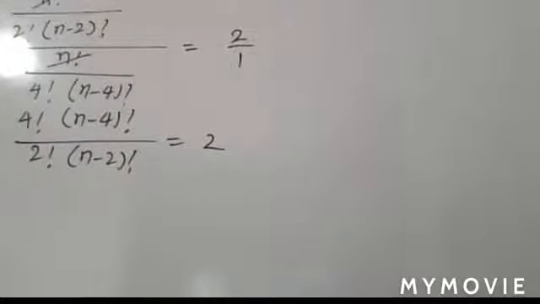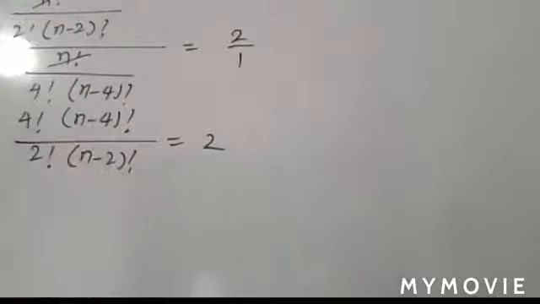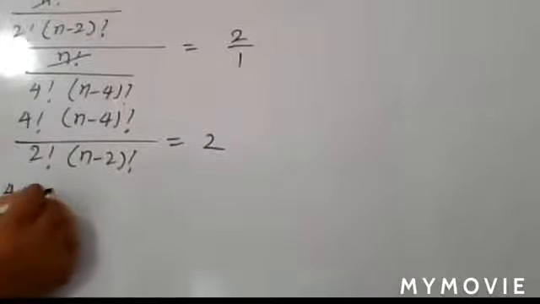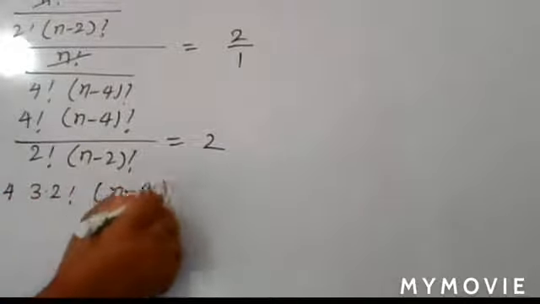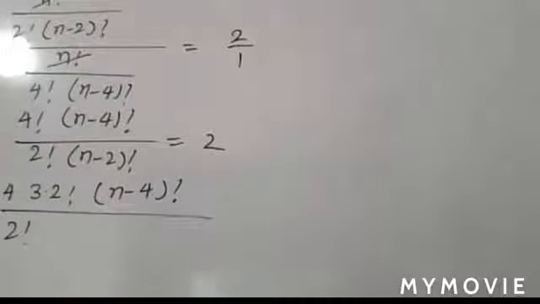n minus 2. N minus 2 is larger, so you expand this one, not n minus 4. In the same way, in 4 factorial and 2 factorial, 4 is larger, so you expand that. So 4 factorial can be written 4 into 3 into 2 factorial, and n minus 4 factorial you can write as it is upon 2 factorial into